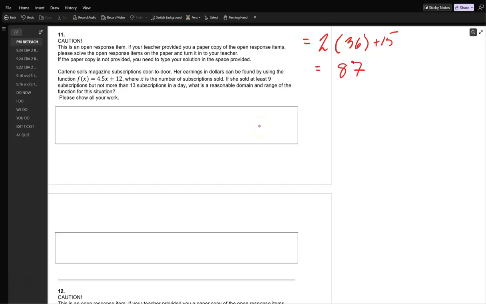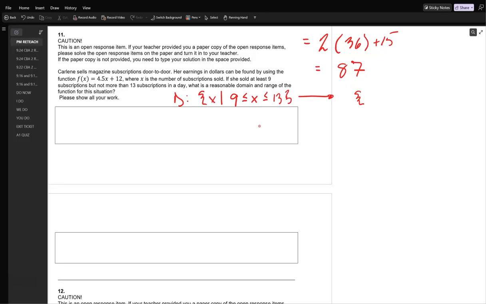Alright, so after reading this, I think most of you guys would reason that the domain is a set of all x such that what? X is greater than or equal to 9, less than or equal to 13. Okay. Which is relatively reasonable. Okay. Now, once you look at the context, right, which is your critical reading, not necessarily your math, but your reading, you would